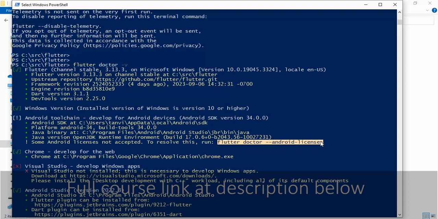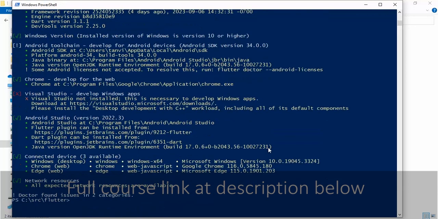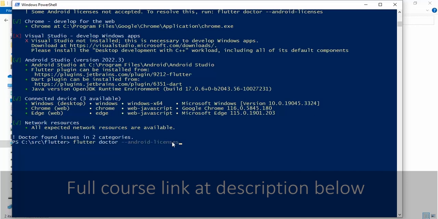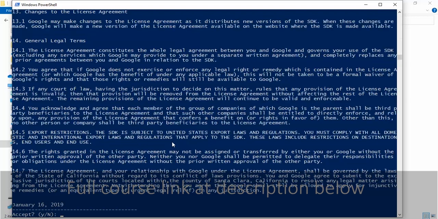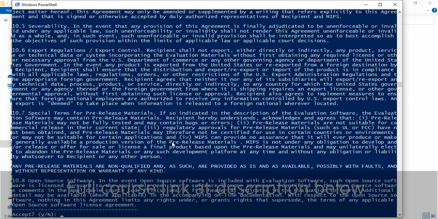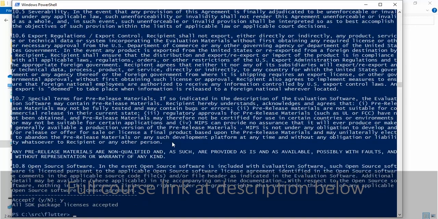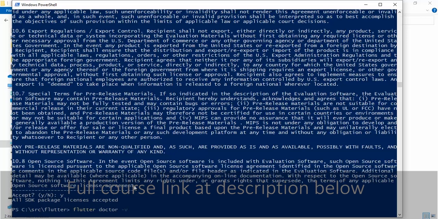So let's copy this line, and then here just paste and enter, and it is just like accepting a few terms and conditions about Android licensing. All you have to do is press Y and hit enter multiple times. So Y and enter, Y and enter, just keep going like this. Okay, so now all SDK package licenses are accepted, and now if I run flutter doctor -v once again,